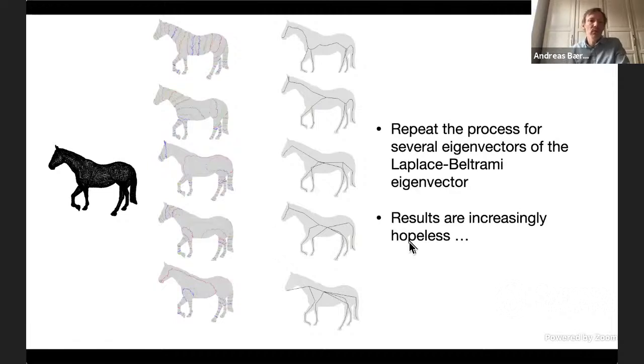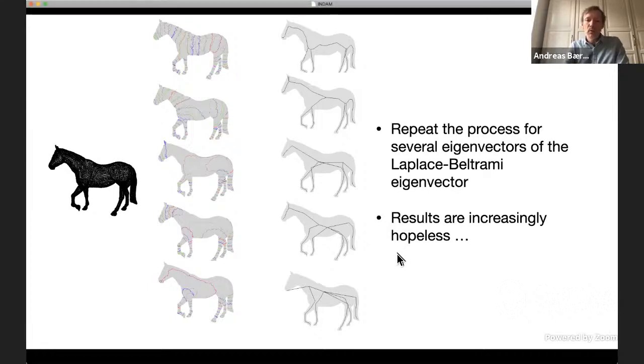So one thing we then proceeded to do was to run this method with a bunch of eigenvectors or a bunch of other functions. They don't have to be Laplace spectrum eigenvectors. And if we do that, we get a bunch of skeletons, and they look increasingly hopeless. But there are nice features in all of these skeletons. And one advantage of doing things in this way, of obtaining a set of vertices that form a separator on the mesh, is that we can combine these separators from different runs, so from different rows of this image. If we do that, in fact, we get a somewhat better result